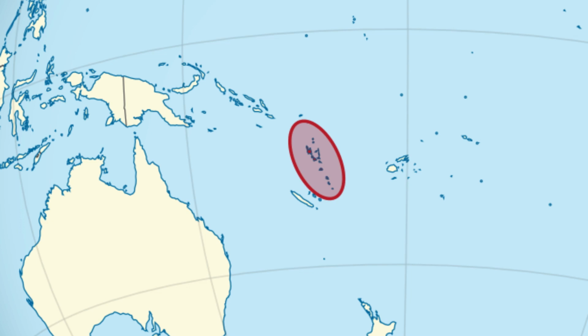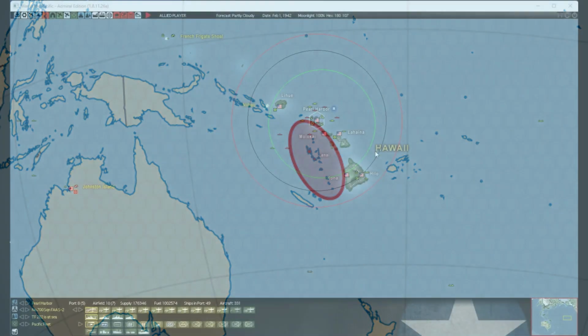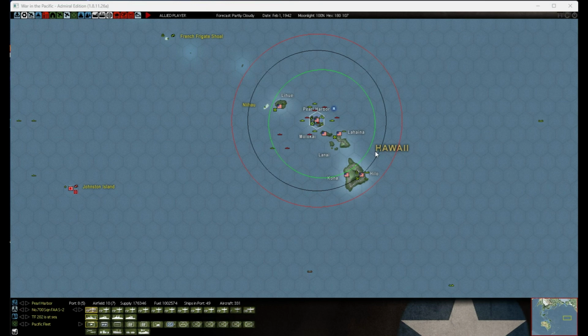Hello, everyone. This is my first time recording anything about War in the Pacific Admiral Edition. I am in a play-by-email game against an opponent for the first time. I'm playing the Allies. I've only had limited experience with AI, and it was a little sad. Very easy to defeat, and a little hard to get into,